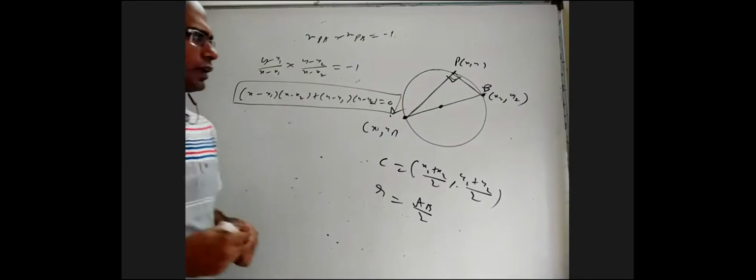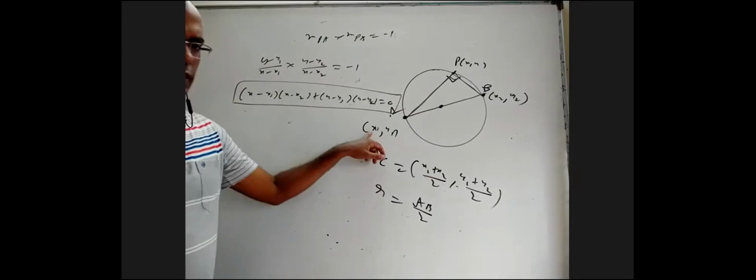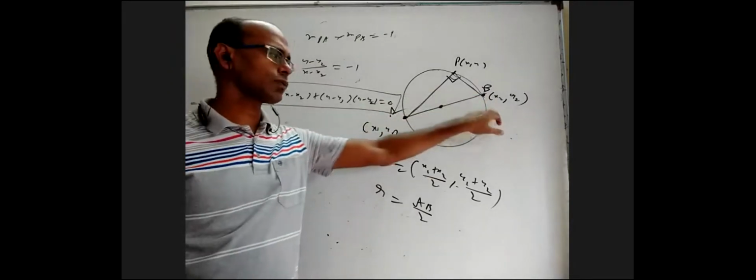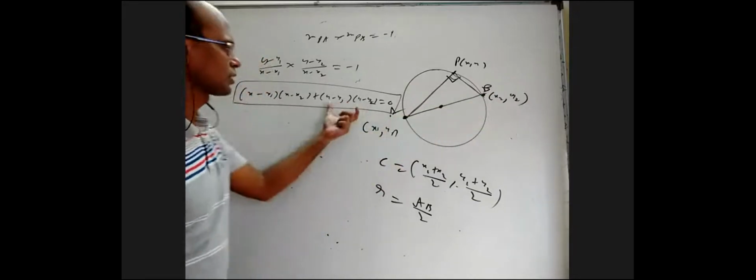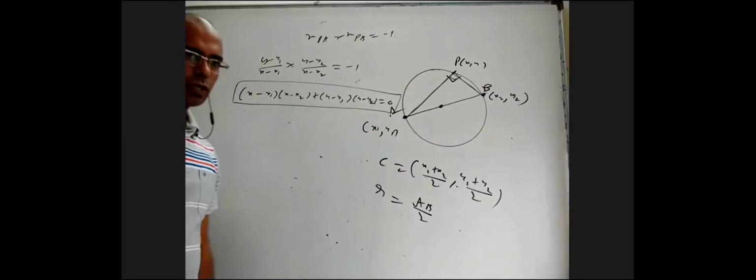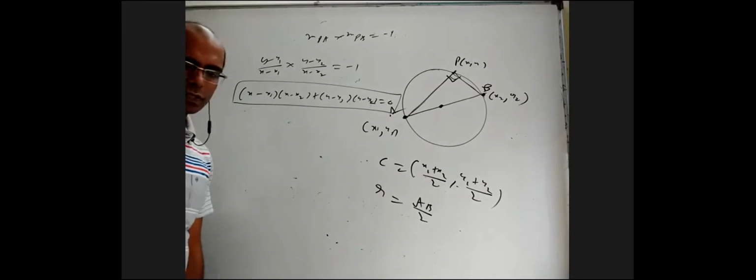Okay, so this is the general equation of a circle where, if you know the ends of a diameter, you can remember this very easily. X minus this x coordinate into x minus this x coordinate, that is this product, plus y minus this y coordinate into y minus this y coordinate, that is this product, S1 is equal to 0. Okay, this is when you know the ends of a diameter. Use it.